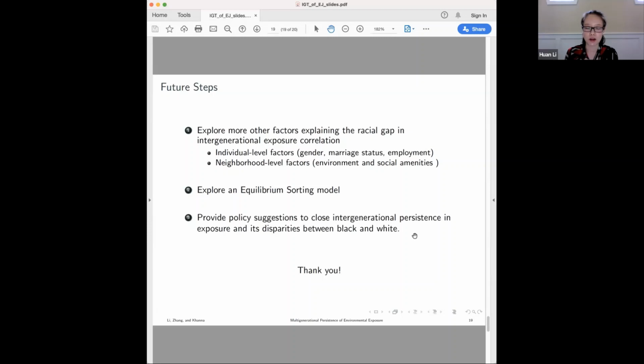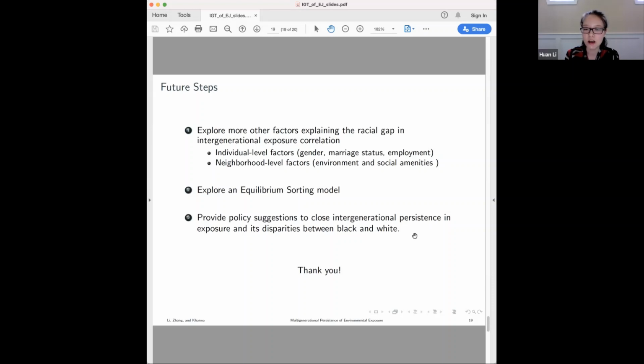So the next step is we are going to explore an equilibrium sorting model to understand, when people choose a place to migrate to live, how environmental exposure and environmental amenities play a role in this choice, and also how their childhood environmental exposure influences their choices. Again, we are going to use this sorting model to do some simulations, and use the simulation results to provide some policy suggestions to close the intergenerational persistence in